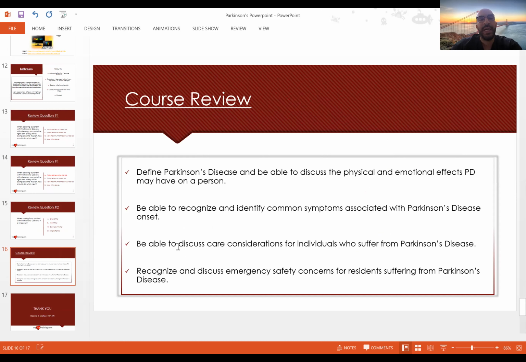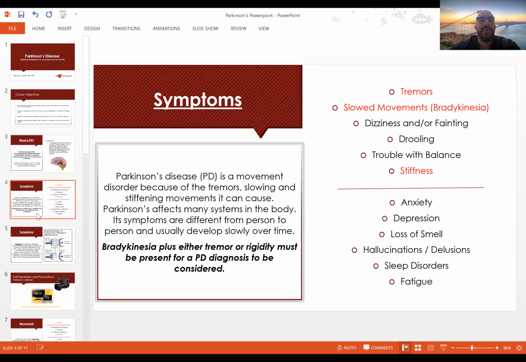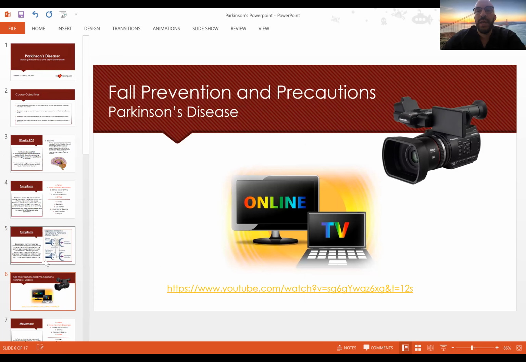Third, course objective. You should be able now to discuss care considerations for individuals who suffer from Parkinson's disease. We talked about this as well. We talked about several different care strategies for you to care for the patient. We talked about helping them with toileting, helping to prevent falls.